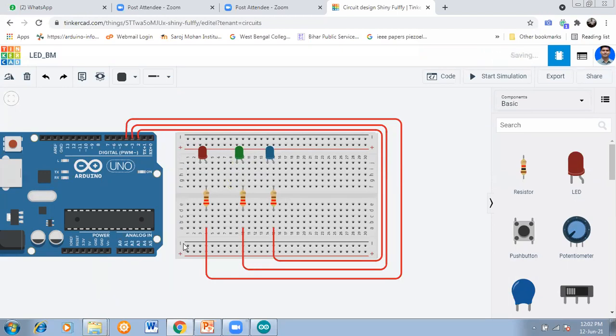I'm redrawing the negative portion. Taking this as ground potential.